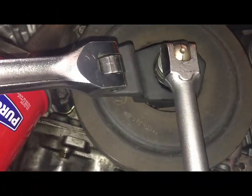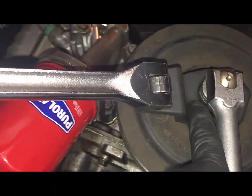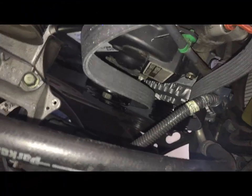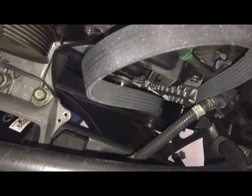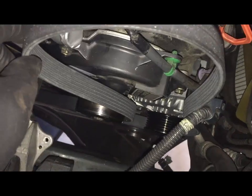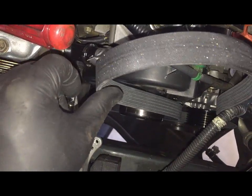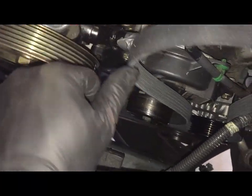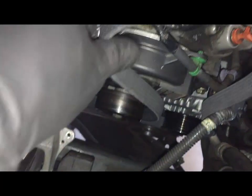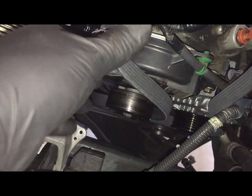I've got 1 breaker bar on the bolt, the other on the tool, and you can see that I'm wedging it in between the axle. I'm now going to tighten that crankshaft bolt clockwise. The final step here is to put the serpentine belt in. I started at the bottom around the crankshaft wheel, but the final step is to put this over this wheel, but we'll have to take this pulley here, put a socket on it and push it this way